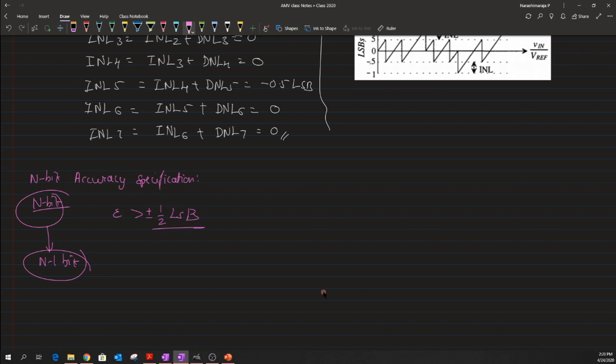Okay, so as a specific example, let us consider that I have a data converter which is a 3-bit DAC, and if this 3-bit DAC has a specific error for DNL, okay, at a particular index value, say for example 3, and if that error value is beyond this 0.5 LSB, then we cannot call this 3-bit DAC a 3-bit DAC, but rather